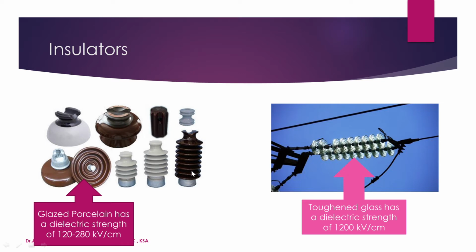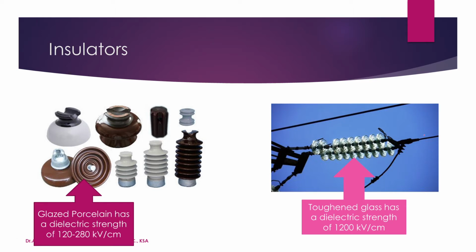Now as you know, overhead transmission lines are supported by towers. Now this is the tower. The tower is connected to the ground and this is the bare conductor. If you connect the bare conductor to the tower, the tower will become live. So we don't want this to happen. So in between, let me show you.